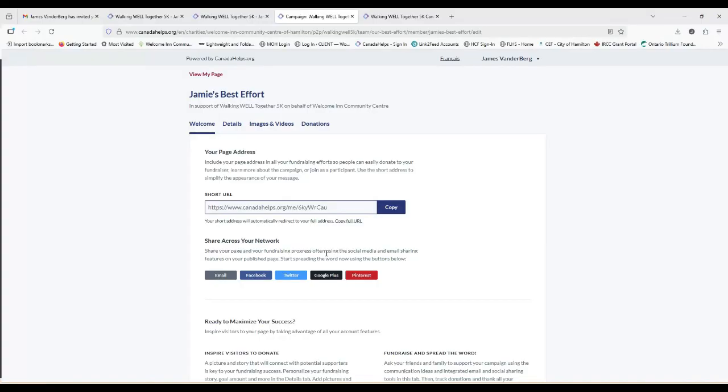But here's the catch. You need to track their name, their mailing address, and their email address, because those are requirements for us to issue a CRA approved tax receipt. So we need that information or we won't be able to do the tax receipt. Obviously the easiest way to get donations is to do them online or to gather them through the donation form. And that's what you're encouraged to do, but we can accept cash and checks.